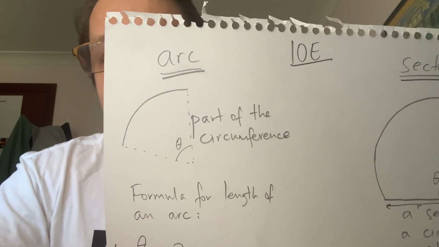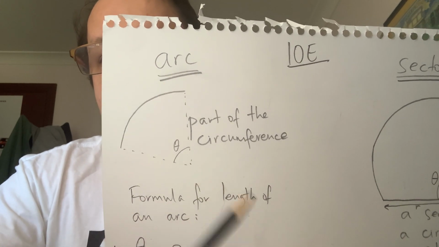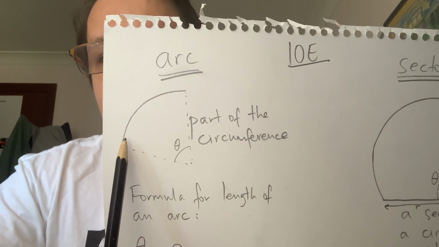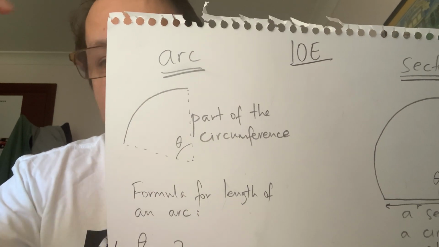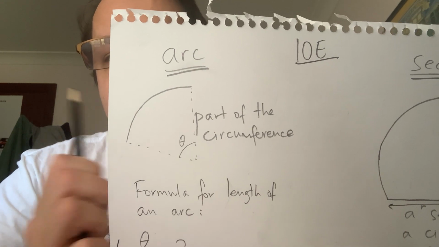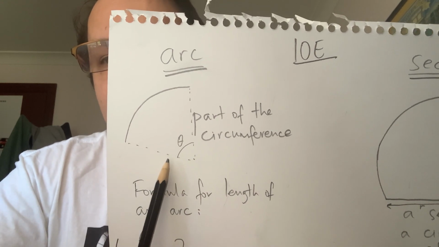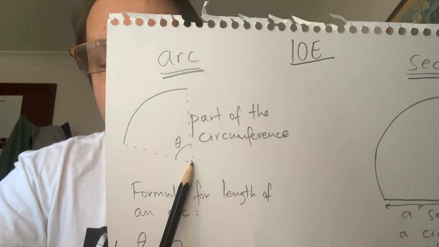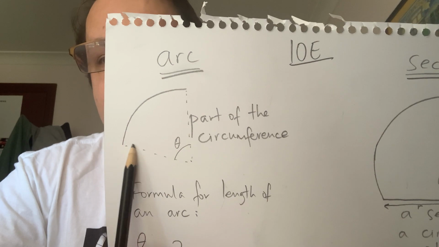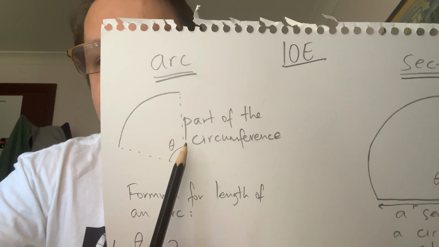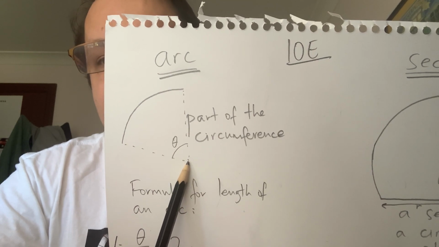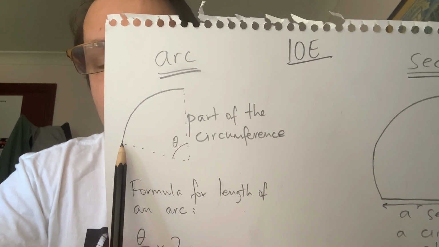Okay, so first of all, an arc. The definition of an arc is that it's part of the circumference of a circle. Okay, see how this curved line here, you can see that it would be part of the circumference of a circle, but it's only a part of it, okay? And these dashed lines here, they're sort of lines that go to an imaginary center of that circle, okay? And so these dashed lines, when you think about it, they would also be the radius of that circle, because a radius is a line that goes from the center of the circle to a point on the circumference of